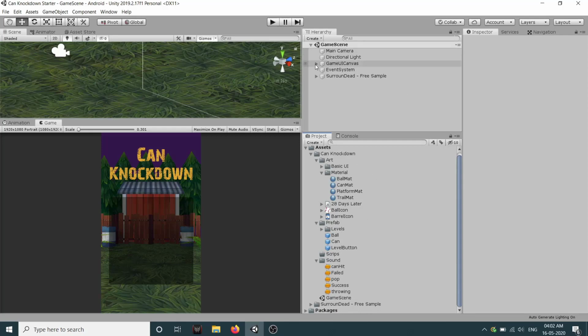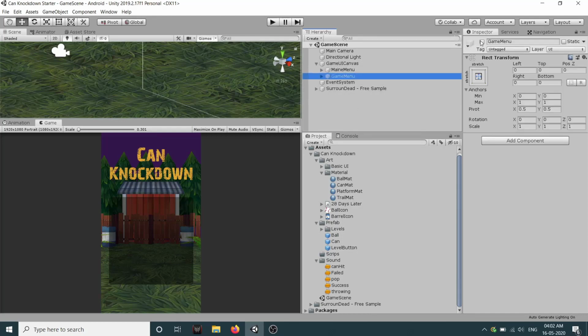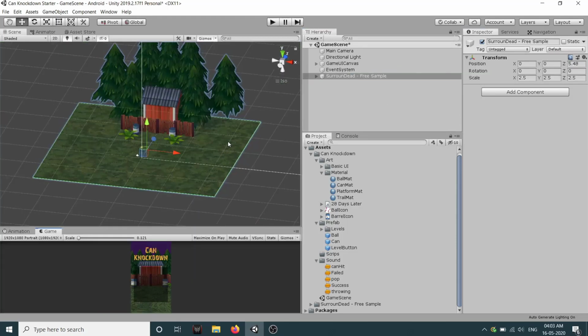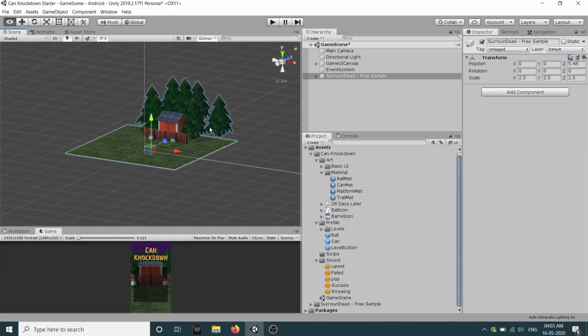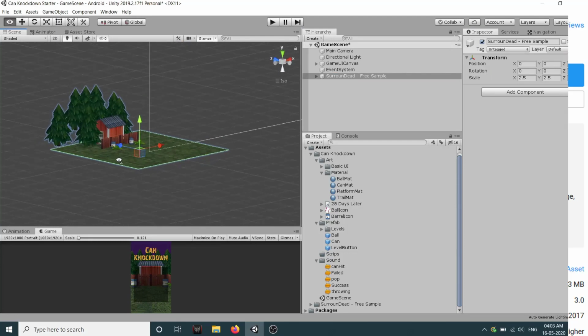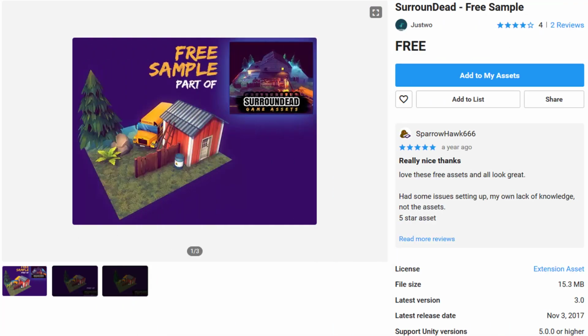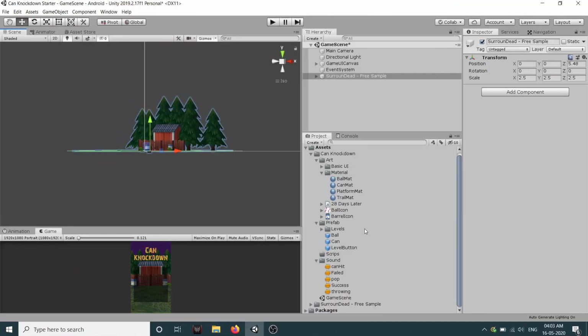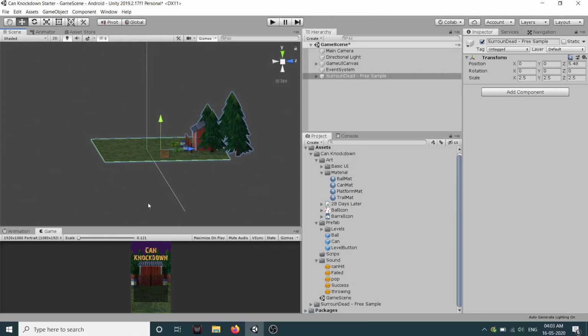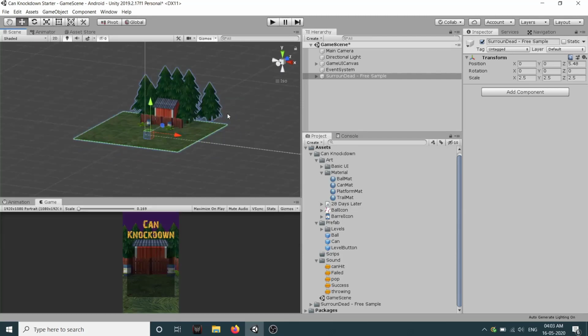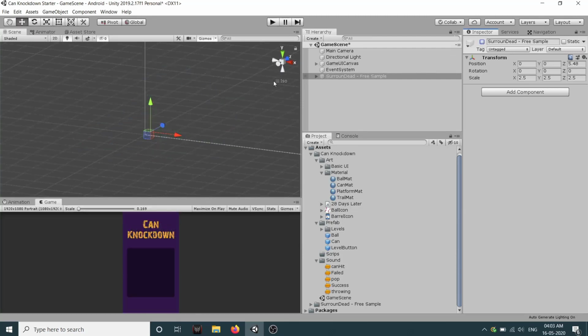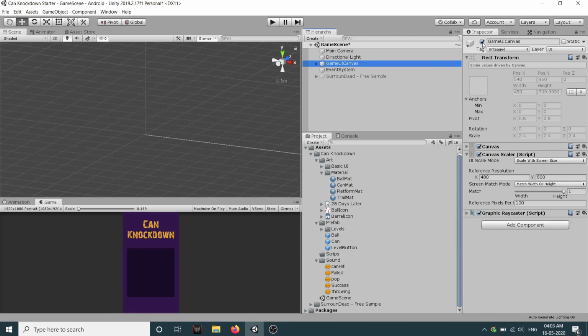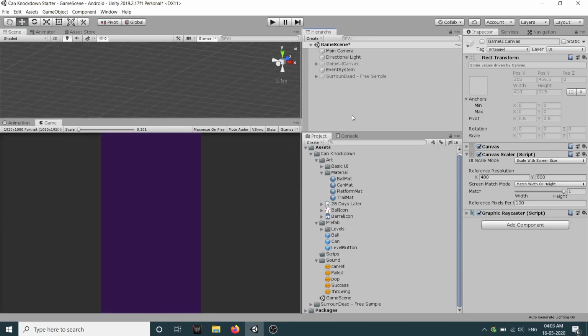Then I have also created a simple UI. As you can see here, this is a simple UI. Then we have this game menu. Then we have this game over panel as well. And we also have a simple scene which is of 3D art. The link to this 3D art as well as the assets which I am using will be in the description. You can check it. So first we will just deactivate this 3D and GUI canvas because we don't need them right now.